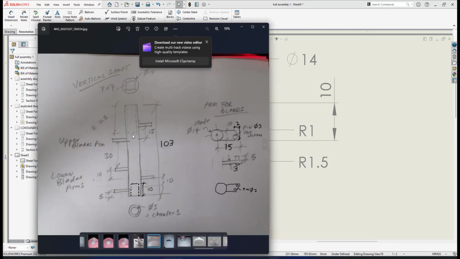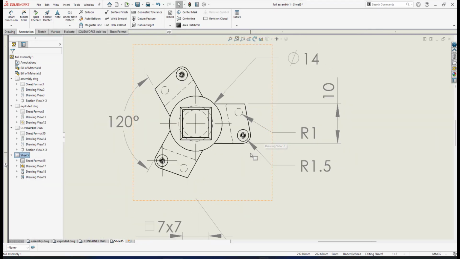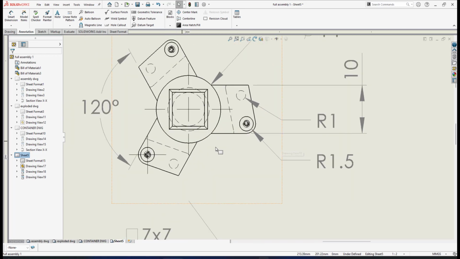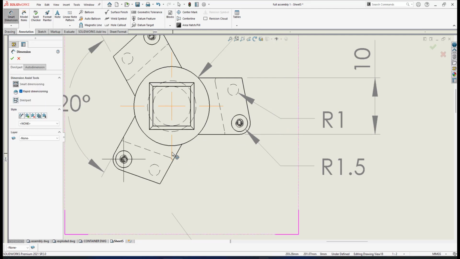If you look at the hand sketch of the dimension, the features of this vertical shaft, as shown here, the length of this arm is 15. So I need to put that feature in this drawing. Please take note on this. I need to put the dimension from this center line to the end of this arc, which is 15. But if I go for the dimension from this center line to this arc, if I use this,